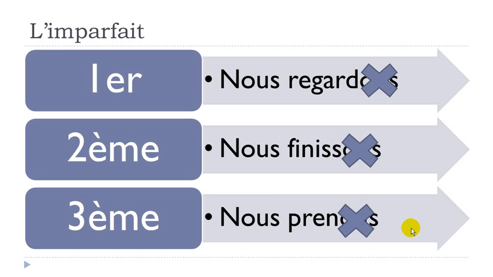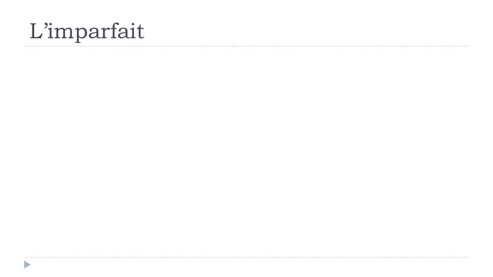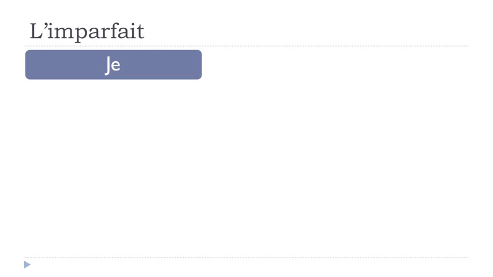Okay, so the thing will be to take away the ending of nous. And the ending of nous, it's ons, like you saw here, here, and here. So the idea is that this ending, you will take it away. Okay? Then, that's the thing we will keep. Regarde like that, without the ending for nous. Finisse, without the ending for nous. And then prenne, without the ending. Okay? And after that, you will add